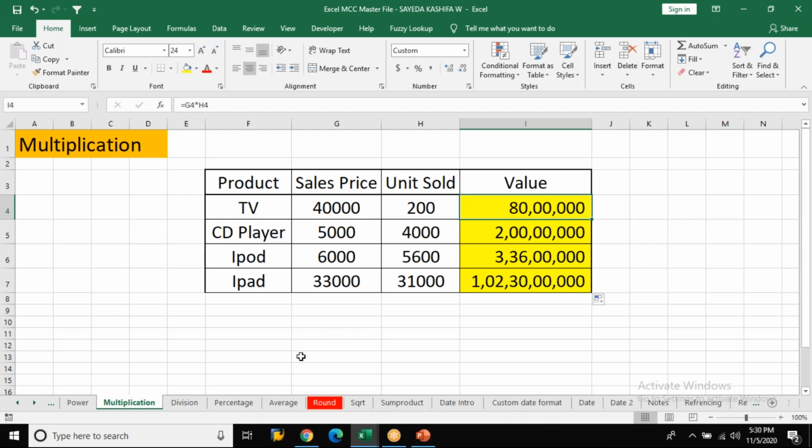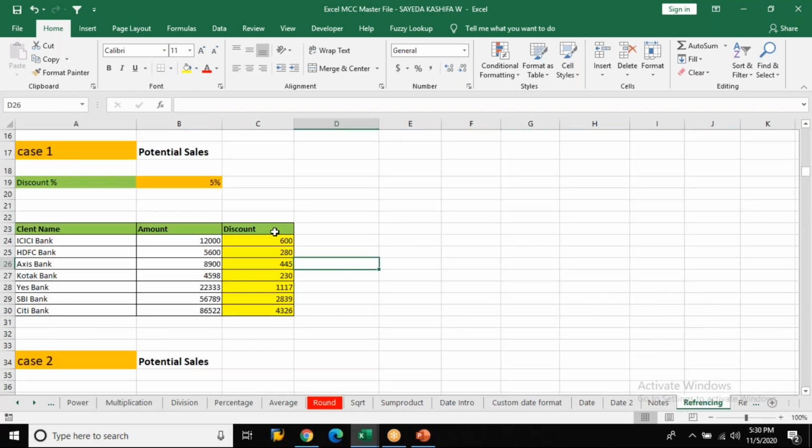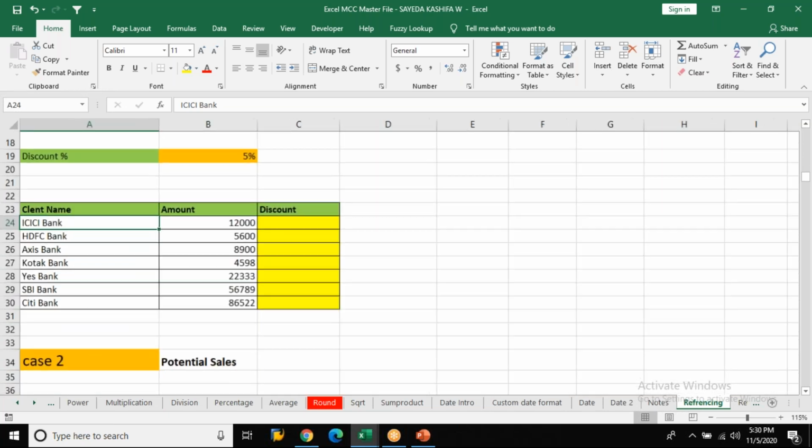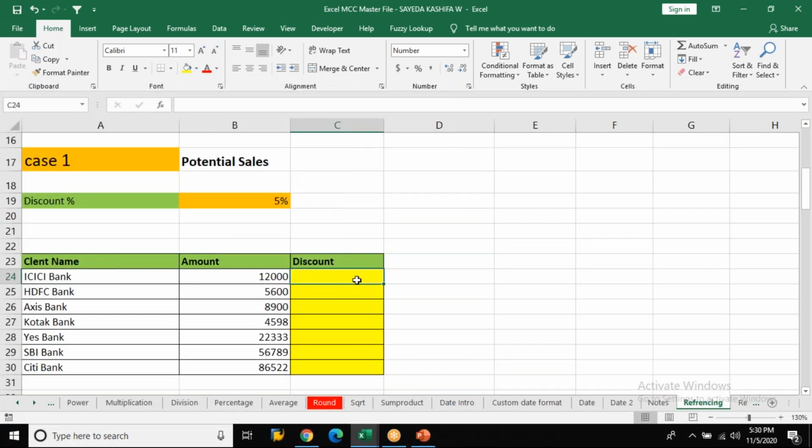But when it comes to absolute referencing, then there is an issue. What happens, I will tell you. In absolute referencing, if I want to calculate ICICI Bank, they are giving 5% discount. So what is the amount they will earn? So it will be 12,000 into 5%. Great. So how much money they saved? 600 rupees they have saved. Now I click on it, take to the edge of the cell and I drag it. What happens? You will not get the answer. Why will you not get an answer? Because there is no relation. Everyone is related to 1, that is 5%, means this also should be multiplied by 5, this also should be multiplied by 8. So that means it's one common thing, so you cannot drag it.